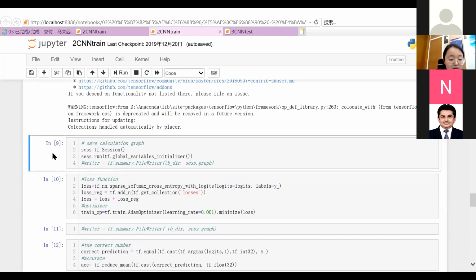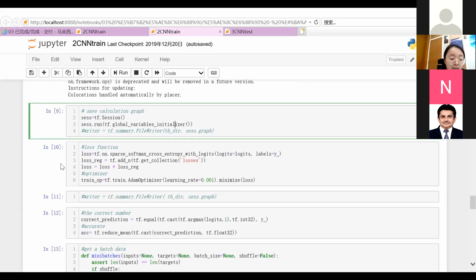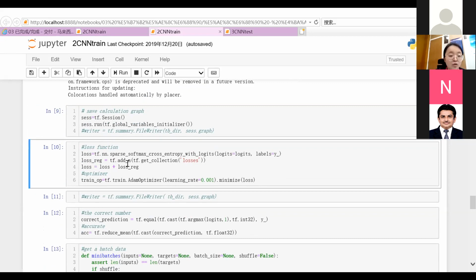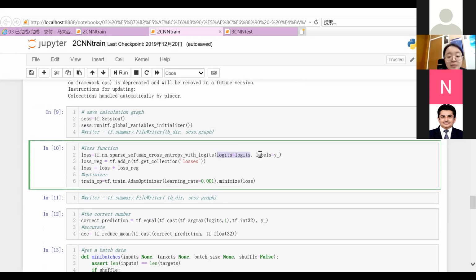And here we start the session. And we run the global variables initializer to initialize the variables in the model, and then we define the loss function. So here for the loss function, we use the softmax cross-entropy loss function, and the input of the loss function here is the logits. Logits is the prediction of the model, and the labels is